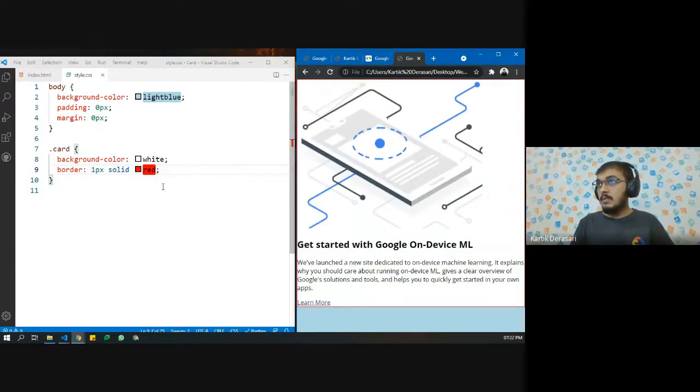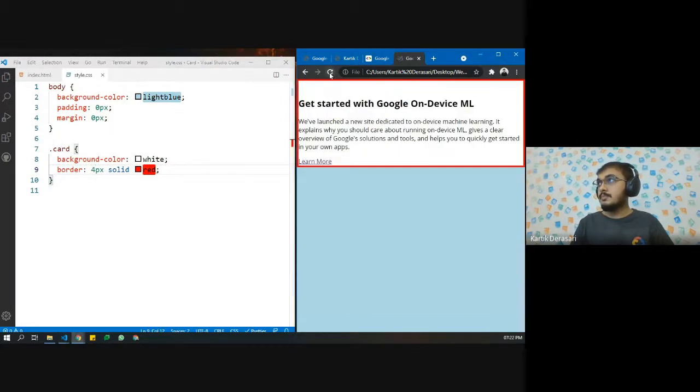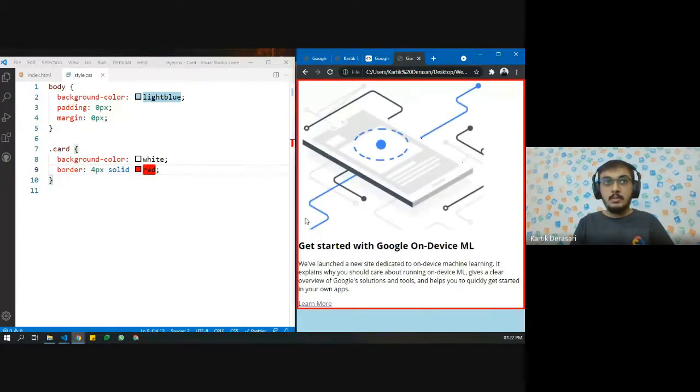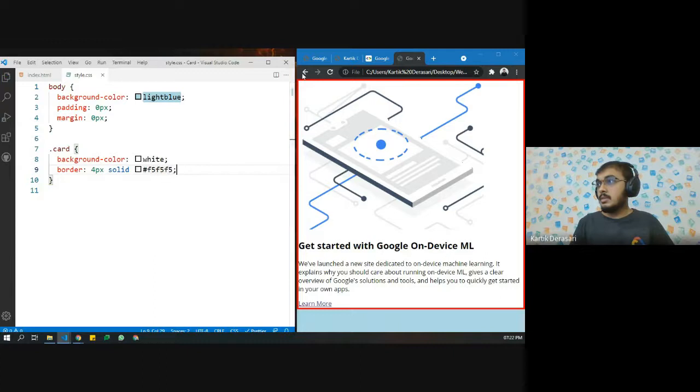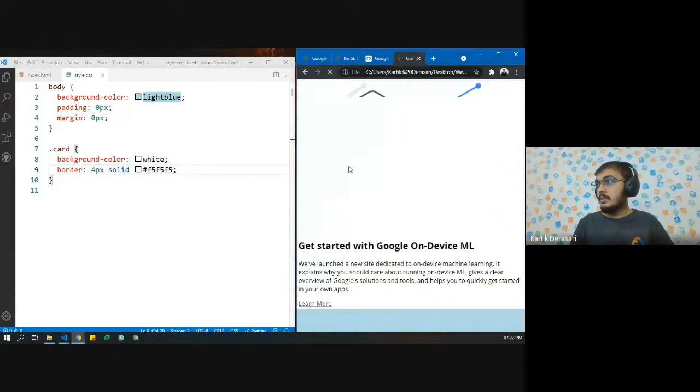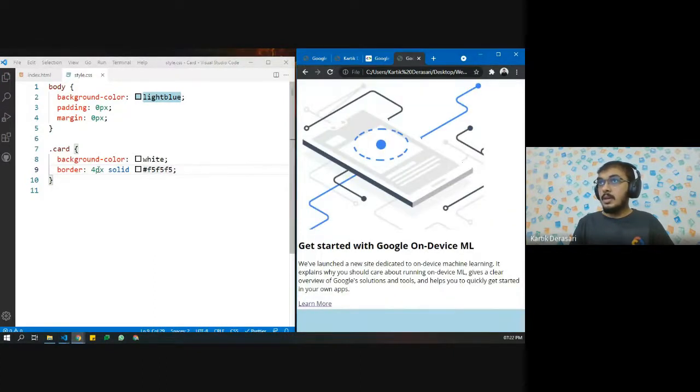Okay, we have a very thin border. Now the border is visible, the border is working. So let us use the actual color. I guess it is AFIF5. This is the color, I believe.